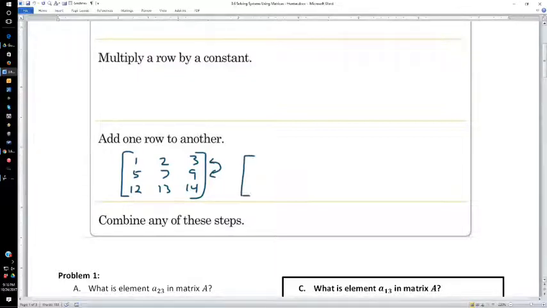Basically what would happen is I would do 5 plus 1 is 6, 7 plus 2 is 8, 9 plus 3 is 12, and then 12, 13, 14. I've essentially condensed my matrix. Right. These actually represent 3 separate equations, and since I've combined 2 of them, just like you